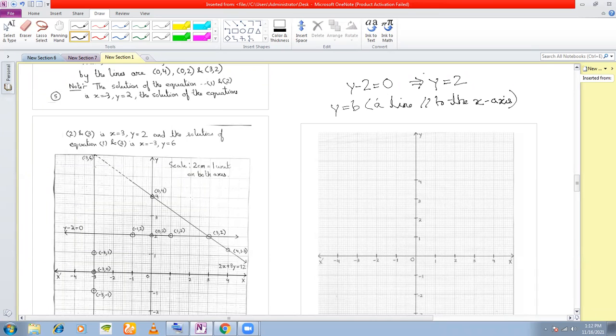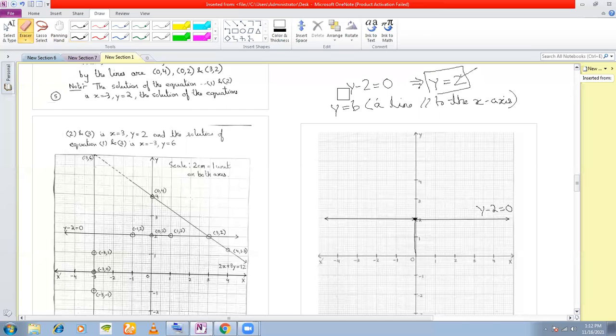So when you're talking about y is equal to 2, because you have a +2 here, from the origin you start moving 2 units along the y-axis in the positive direction. You land up here, and because this straight line has to be parallel to the x-axis, from here you draw a line that is parallel to the x-axis. So this line will be your y minus 2 is equal to 0. Clear?